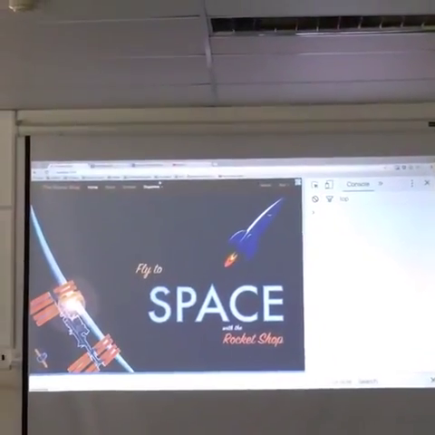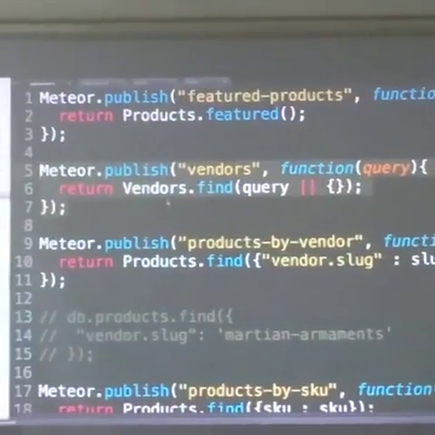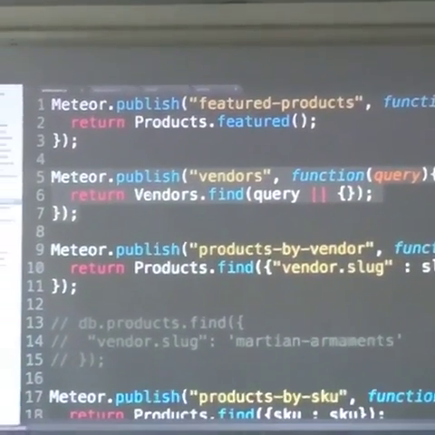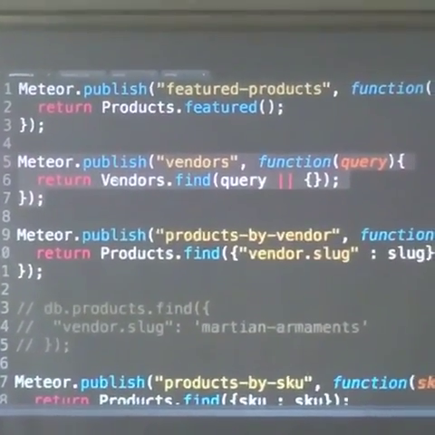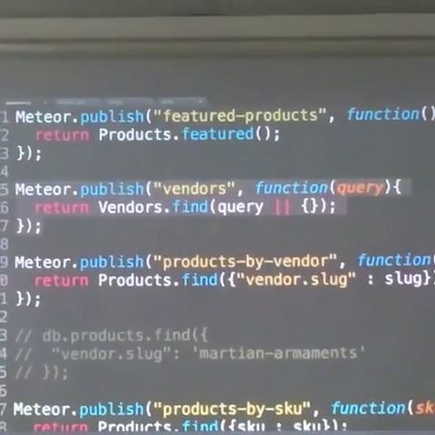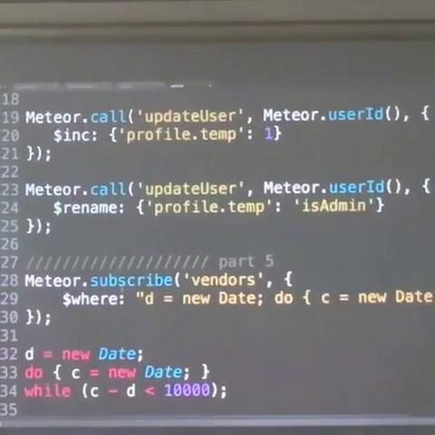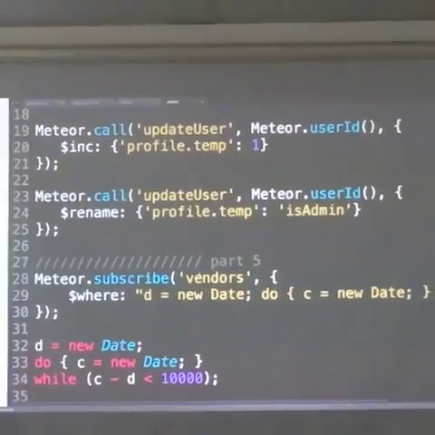This is a list of vendors, okay? 3 vendors. And I'm going to take advantage of this to prevent people from using the app. How do I do that? Okay, so let's go ahead and I'm going to show you this first. So I'm going to subscribe to the vendors